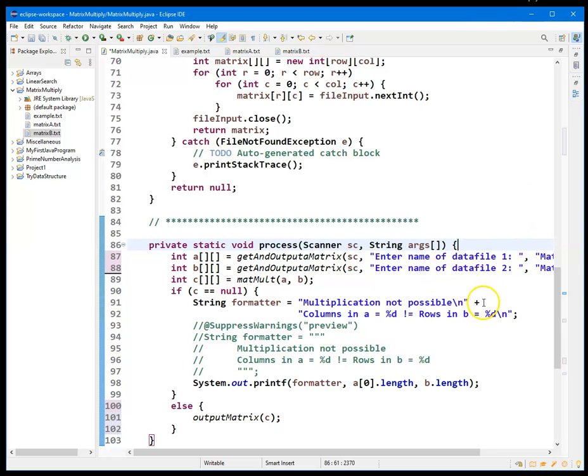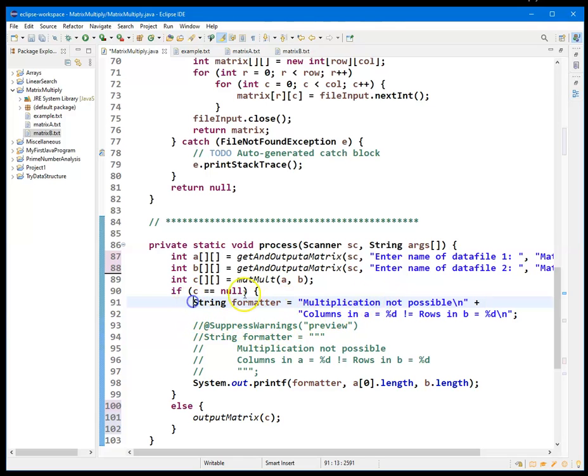What's always been a big pain with Java is that if you wanted to output multiple lines, this is what you needed to do. To create a string with multiple lines, you had to create one string and then concatenate it with the next string and issue your own new lines. No longer is that needed in Java 14. They have this thing called text blocks, and a text block